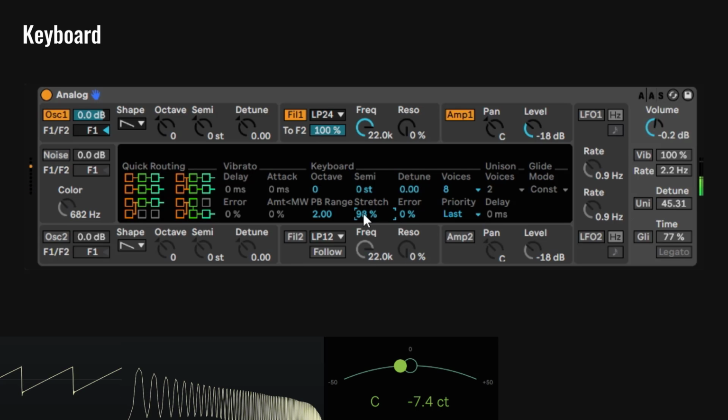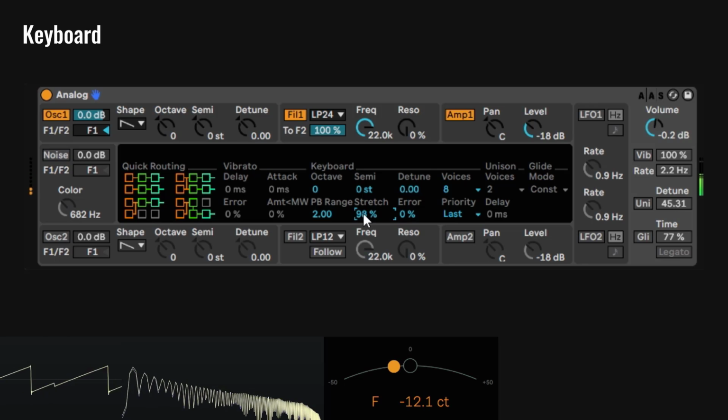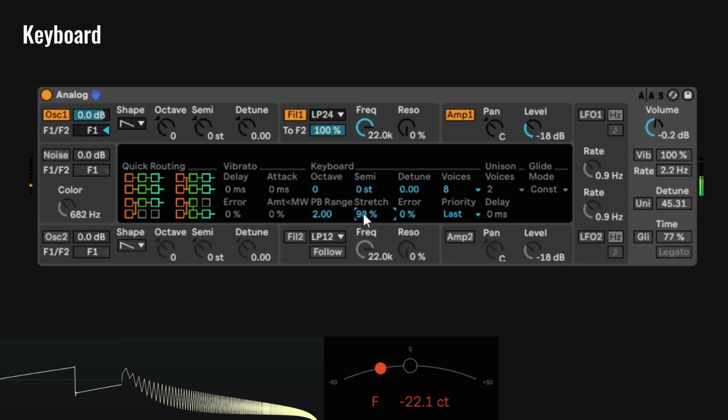Notice it's a little bit off. I'm going to go down. So as I go down, it's going to detune even more, and even more. We are still on the right key. We're still playing an F, but it's a little bit off from the right tuning. And if I keep going down in pitch, it's going to